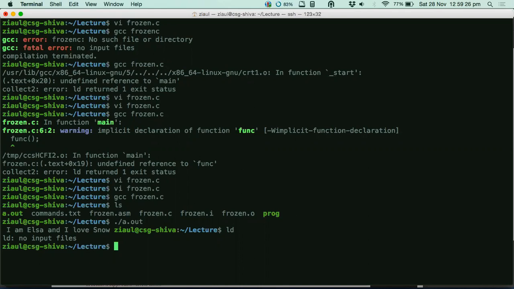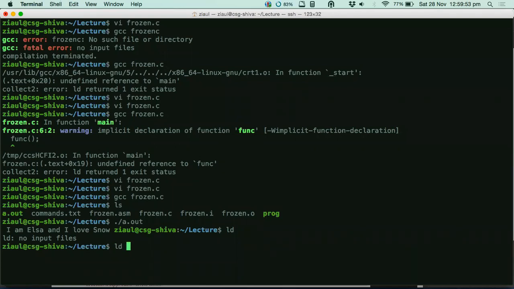I don't have to do it explicitly, because this is the sequence you always end up following. So you don't have to manually invoke each of them. But if you want to know how each thing inside behaves, you can manually go ahead and call the respective command to do that respective step of compilation. Is this clear?